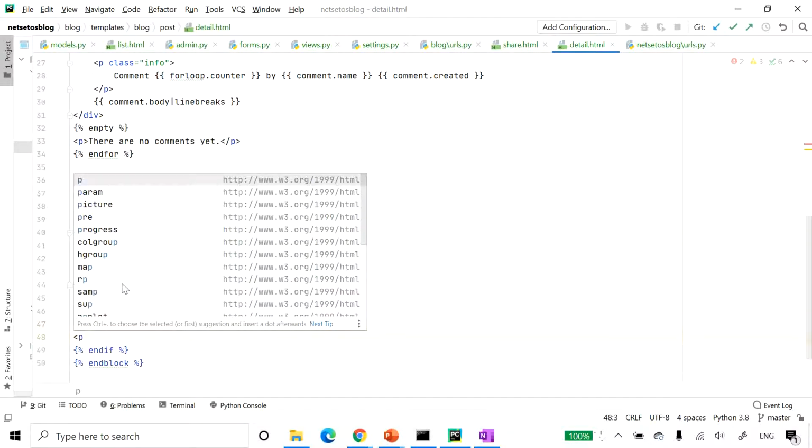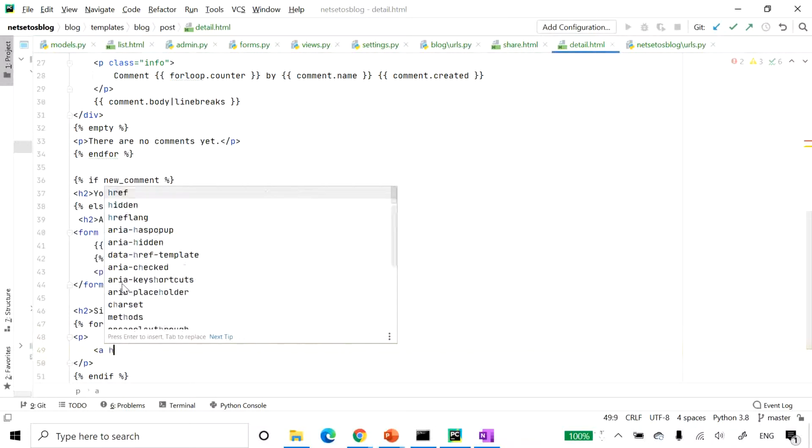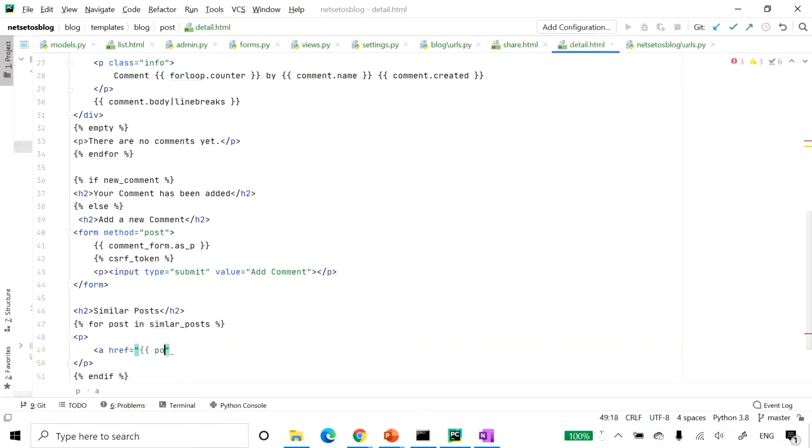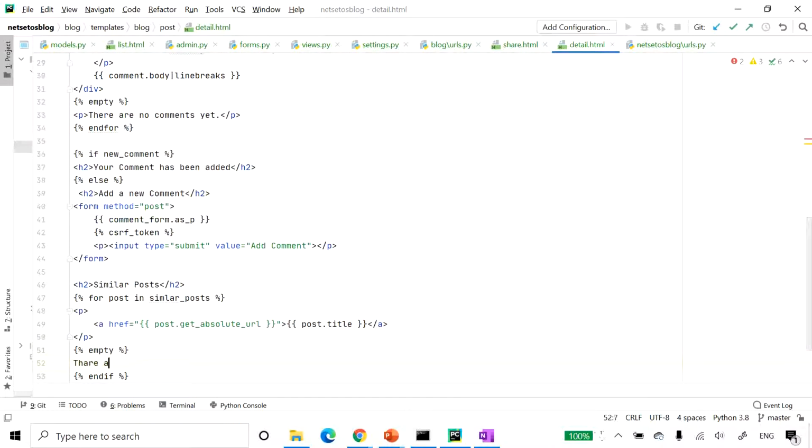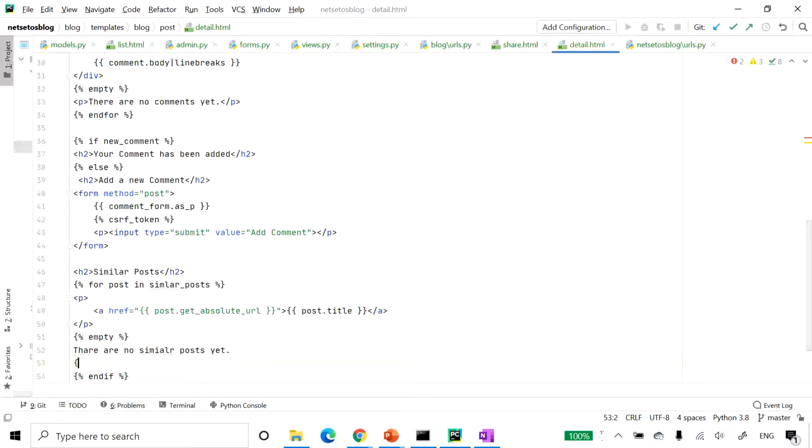I'll give a p tag where I will give a link, post.get_absolute_url, and within this we will have post.title, and empty, which will have 'There are no similar posts yet.' Then endfor.